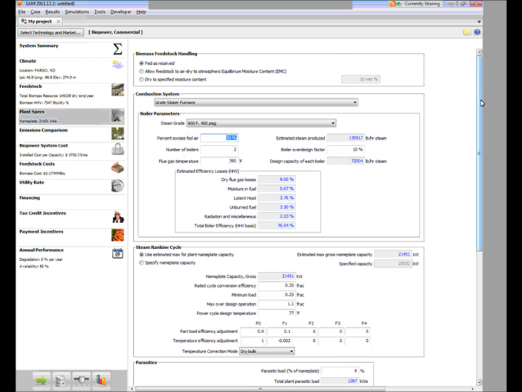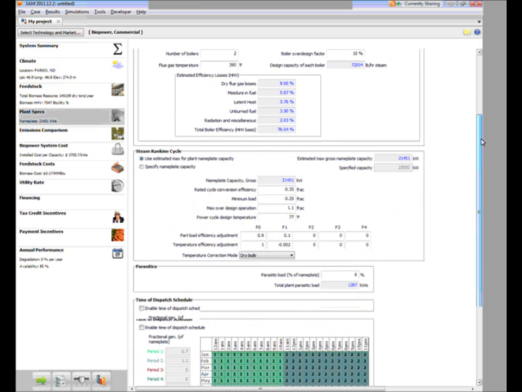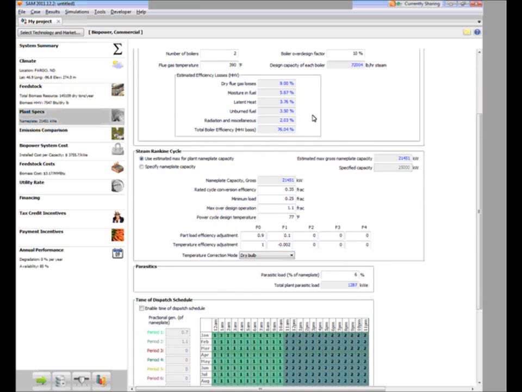So after that's specified, we can move to the steam Rankine cycle or power block. This is where the steam powers the turbine. So you can specify the rated cycle conversion efficiency as well as minimum and maximum load. So it's important to note that this efficiency is separate from the boiler efficiency, so those are two different unit operations. You can also specify the power cycle design temperature, and this next table of inputs that you see